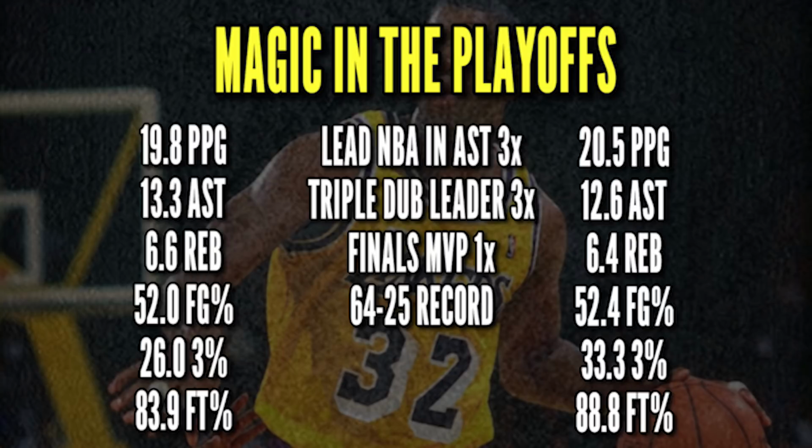And at this time, like I said before, this Lakers team was a buzzsaw running through the NBA. During this 5-year stretch, they had a 64-25 record. That's absolutely insane for a team during a 5-year stretch. Now that right there was the overall view of how good Magic was, but I really want to focus